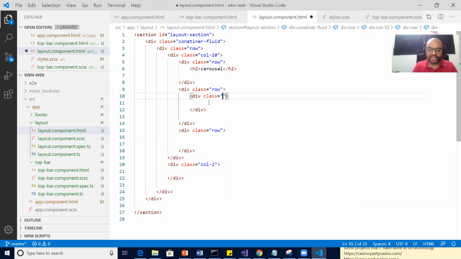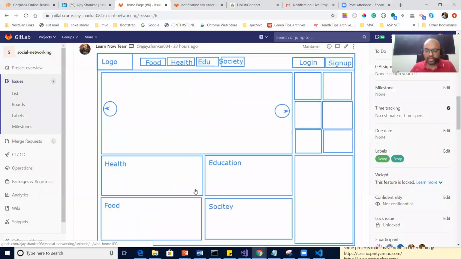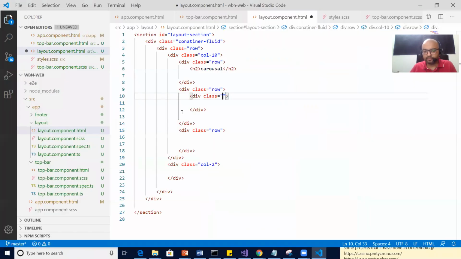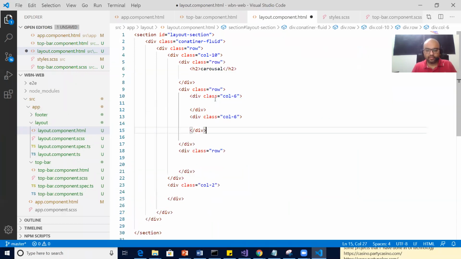How should I divide this row into 2 columns? What should be the column proportion? 6 and 6. So health, education.